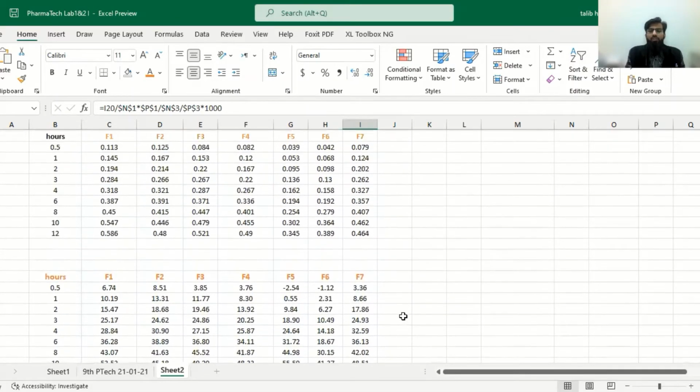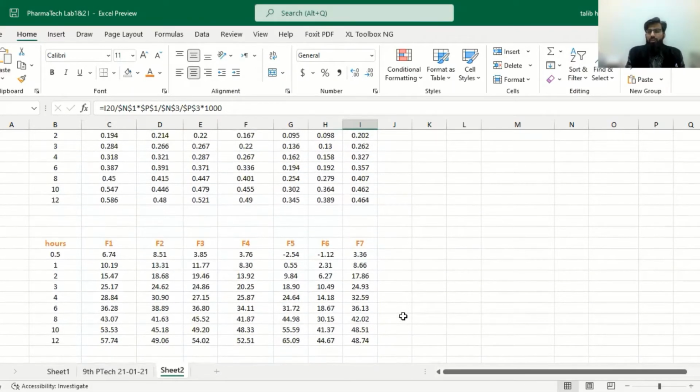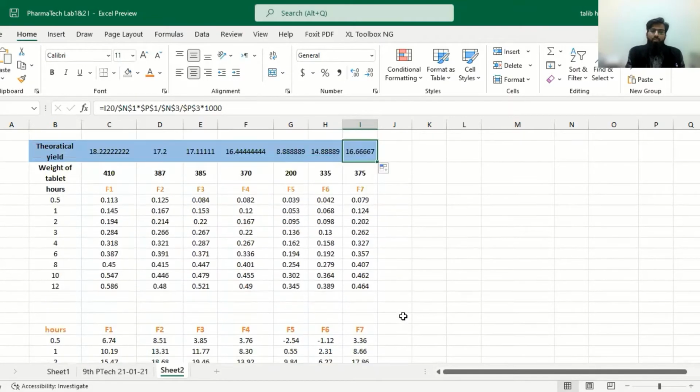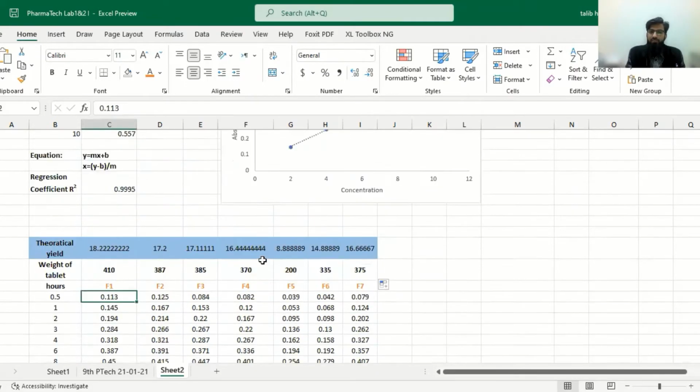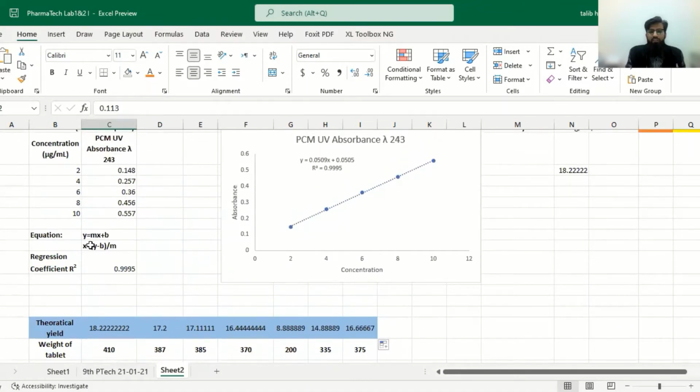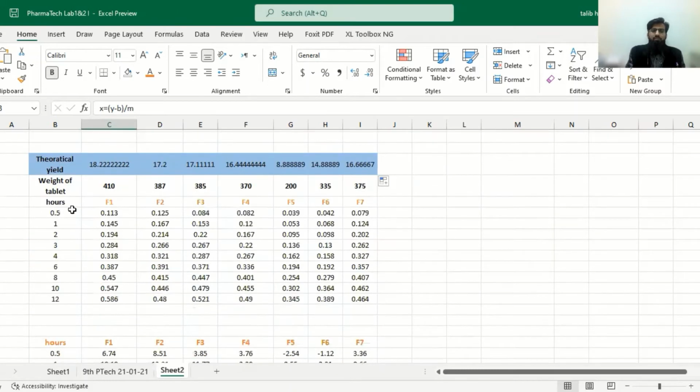From this, we can calculate the absorbance and percentage release. For percentage release, actually we have to find the concentration, which can be calculated from this formula. In the equation, Y is the absorbance, X is the concentration. So we have these values that were obtained at different time intervals, which are the absorbance values.